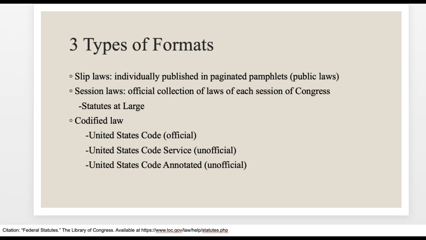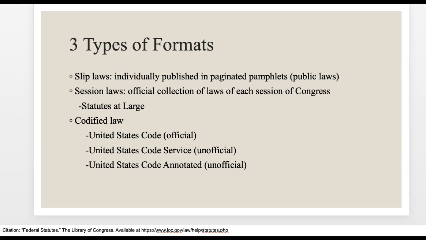The Government Publishing Office publishes these session laws in the U.S. Statutes at Large after a session of Congress ends. The last format of publication for federal statutes is codified law. Codes are for laws that are of a general and permanent nature. Codified law takes a couple of forms: the United States Code,